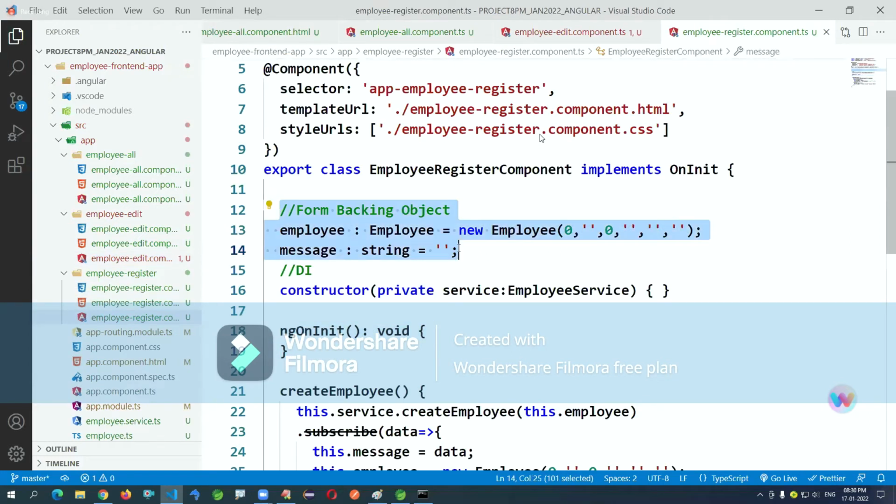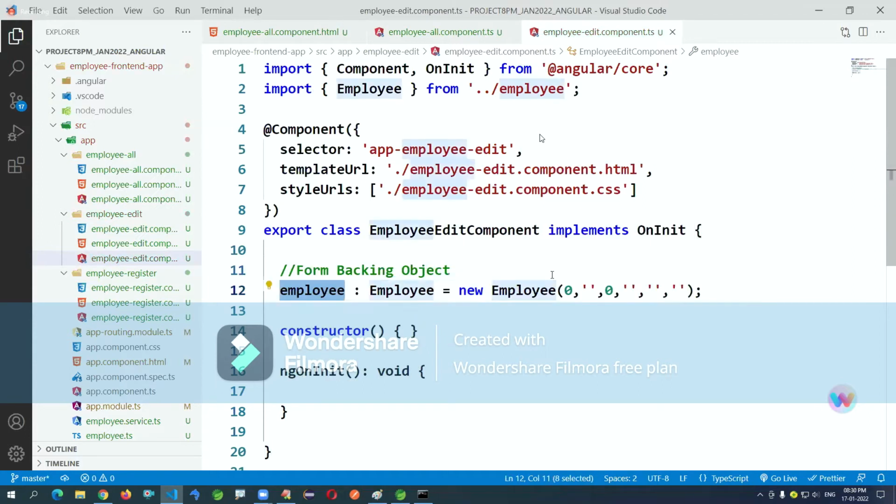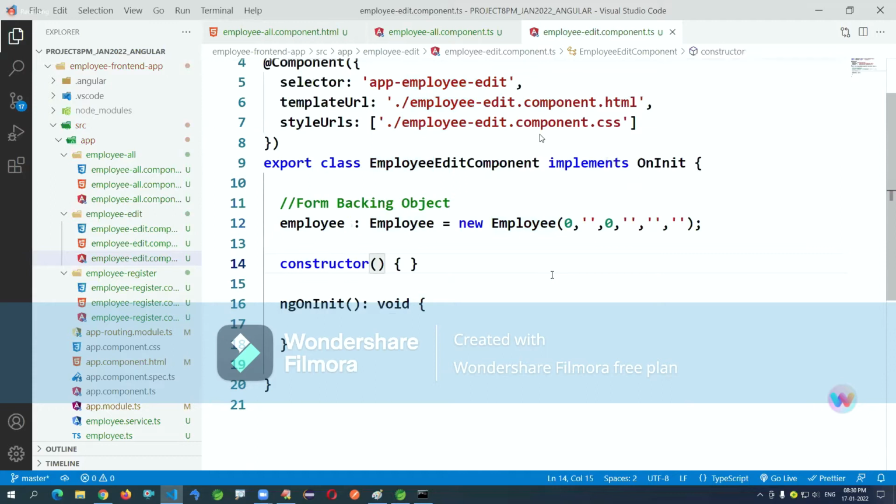I'm just taking it here. But we have to fill this object. Here I'm just taking the service dependency.